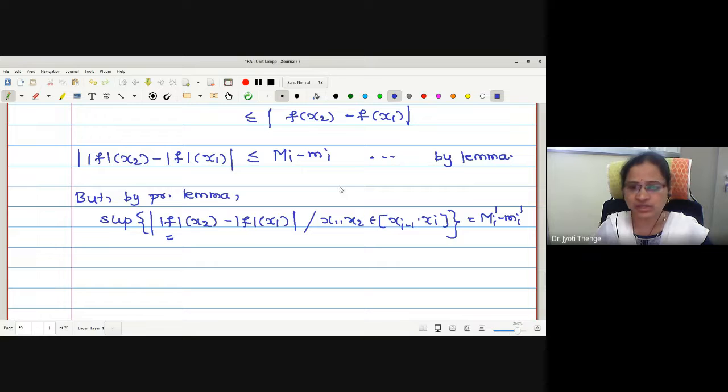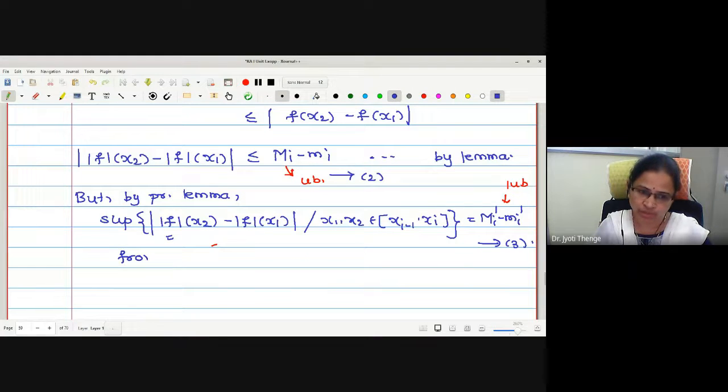Okay, now look at this statement number 2 I will call, and let me call it as statement number 3. This is a least upper bound of the set, and if I change the different values, this becomes an arbitrary upper bound. Correct? No? Then what will be the relation between these two? Least upper bound and upper bound. From 2 and 3, may I write? Yes, what is the relation you have to tell me?